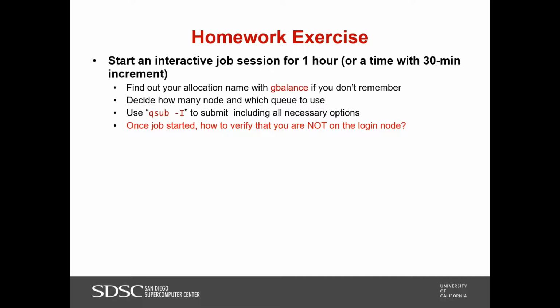If you don't know your allocation name, remember you need to use the gbalance command to find the allocation name. And remember that the -l is the option for you to tell the job scheduler how many nodes and the time you want to use. And if you need to specify the queue, you need the -q option in the qsub command.